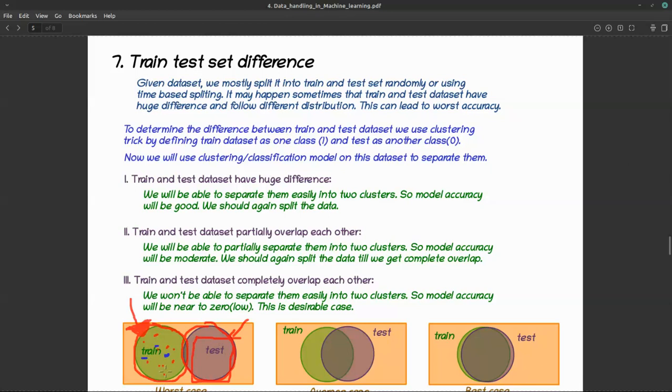If you ask about this point, then yes, it will be able to predict, or this point. So how to check if there is a difference between train and test data set? They should basically be overlapping. How can you check that? Can you plot the train and test dataset? Yes, if it is 2D, just plot the train dataset and test dataset on each other, right? If they are overlapping like this, then yes, good.